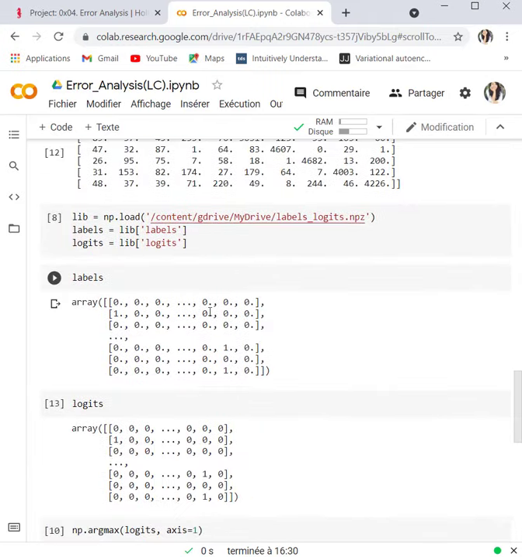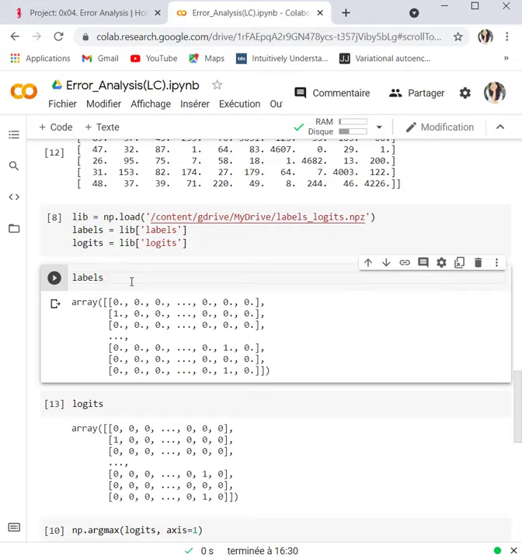The transpose of this one multiplied by this matrix: the shape here will be classes and M, multiplied with the shape M and classes. After the transpose, the multiplication will multiply this column with this column. So this column will become a line and it will be multiplied by this one.